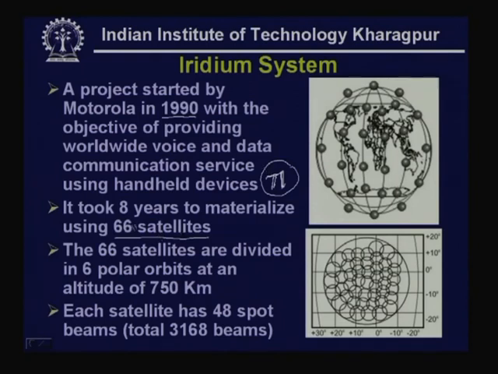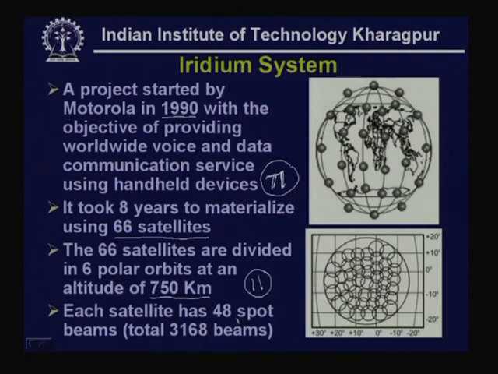So, using 66 satellites, these are divided into 6 polar orbits. So, you have got 11 satellites in each orbit. As you can see, each orbit has got 11 satellites, and you have got 6 orbits, 1, 2, 3, 4, 5 and 6. So, you have got 6 polar orbits rotating around the earth at an altitude of 750 kilometer, which is not far away from earth's surface. And in each orbit you have got 11 satellites,